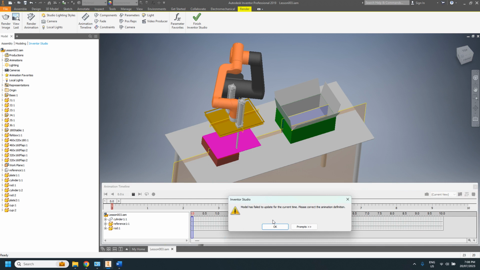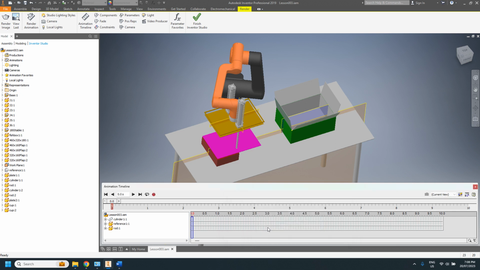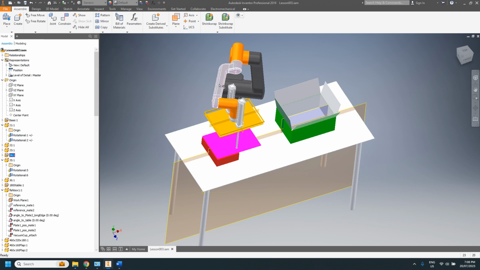So straight away we will get the message, model has failed to update for the current time. This is because one of the parts is fully locked, it can't move. Okay, so if we release that,